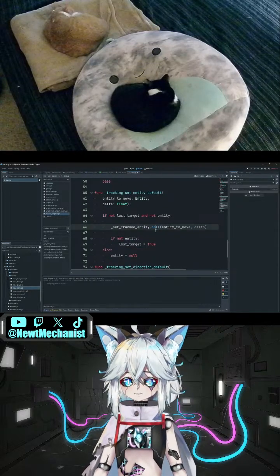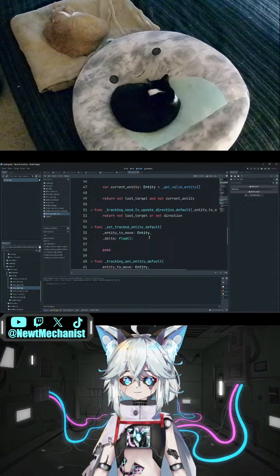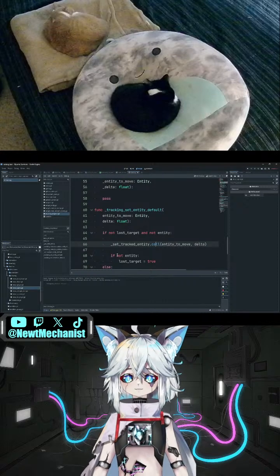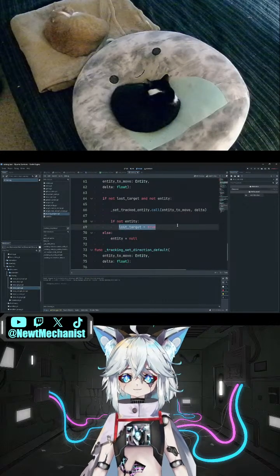So we lost target. If we don't get anything, we have no entity and we have lost target. We never want